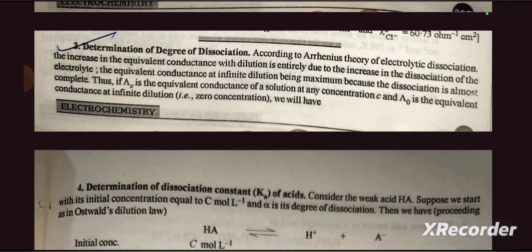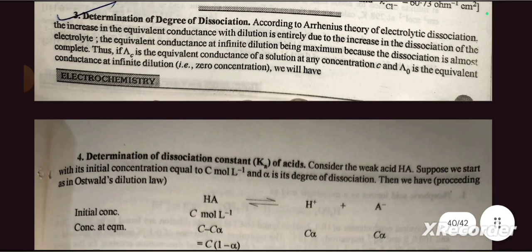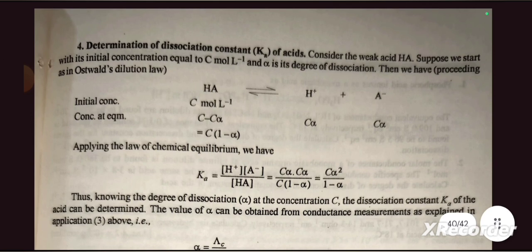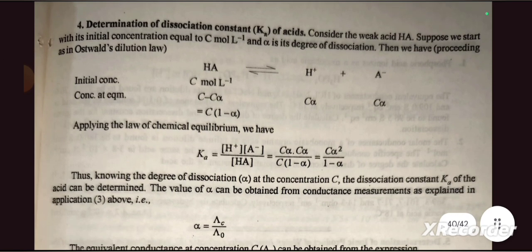According to Arrhenius' theory of electrolytic dissociation, the increase in the equivalent conductance with dilution is entirely due to the increase in the dissociation of the electrolyte. The equivalent conductance at infinite dilution is maximum because the dissociation is almost complete. Thus, if lambda C is the equivalent conductance of a solution at any concentration C and lambda naught is the equivalent conductance at infinite dilution, we will have, for determination of dissociation constant Ka of acids,